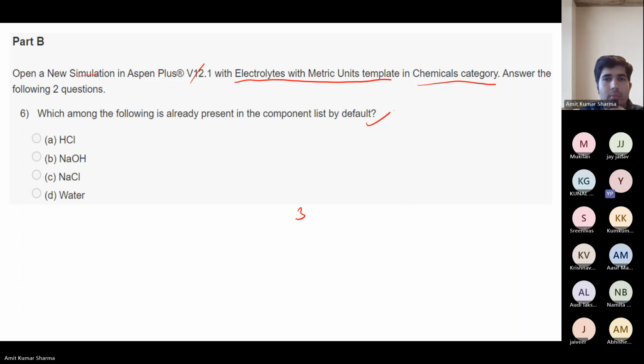Water. 5. Water. Okay, 6. It's water. Okay. So is anybody facing any issue regarding this? We have received almost 8 answers. Is anybody having any issue? Let me know.